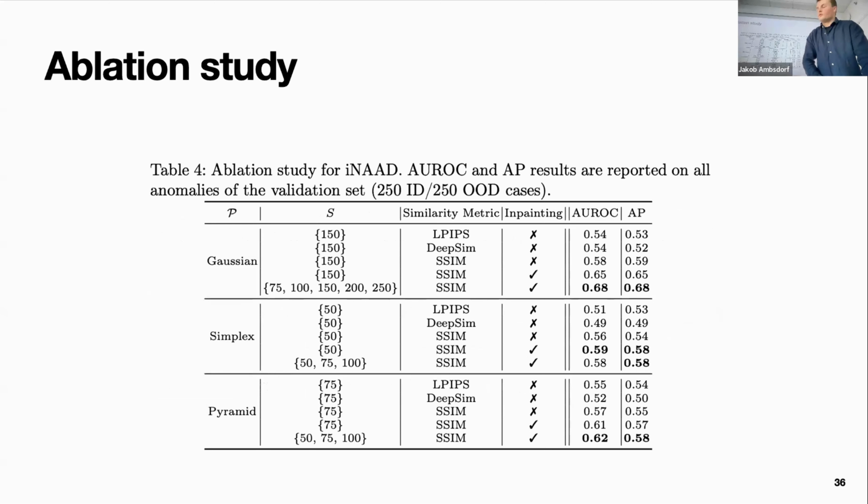Yeah, I don't want to go too deep into the ablation studies, but we looked at the different components of the method, and so we tried first with perceptual losses that are using other neural networks to extract some embeddings, but we couldn't really make that work even with networks that were trained on fetal ultrasound data. But we had more success just using structural similarity index, and then also adding the in-painting step and adding the averaging in the end. So having more noise steps basically to different degrees.